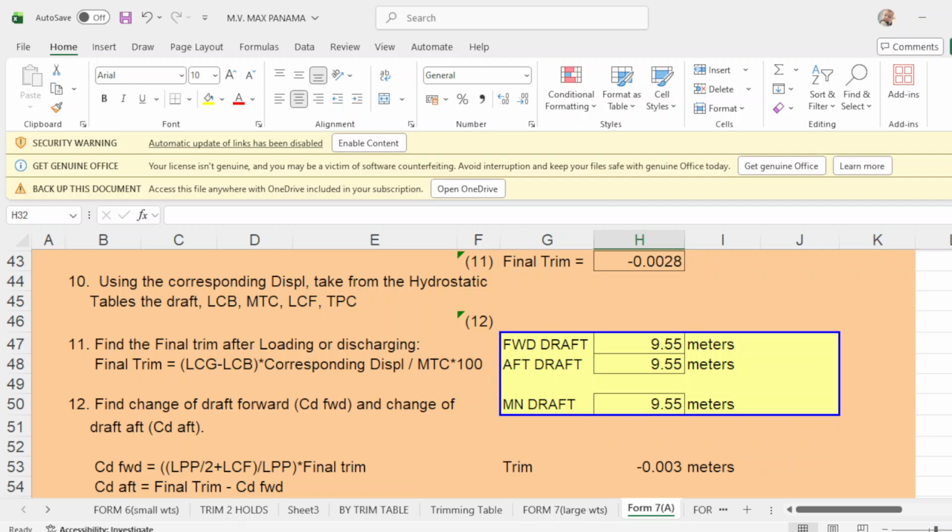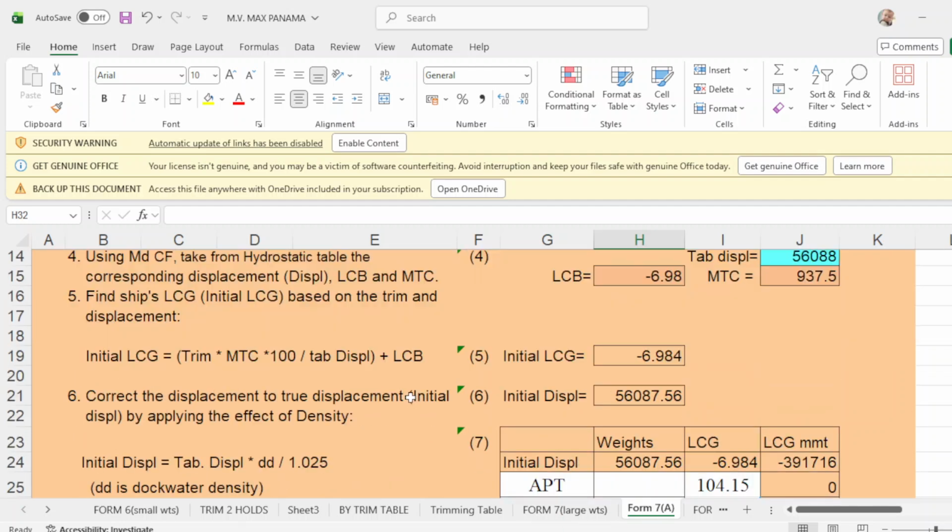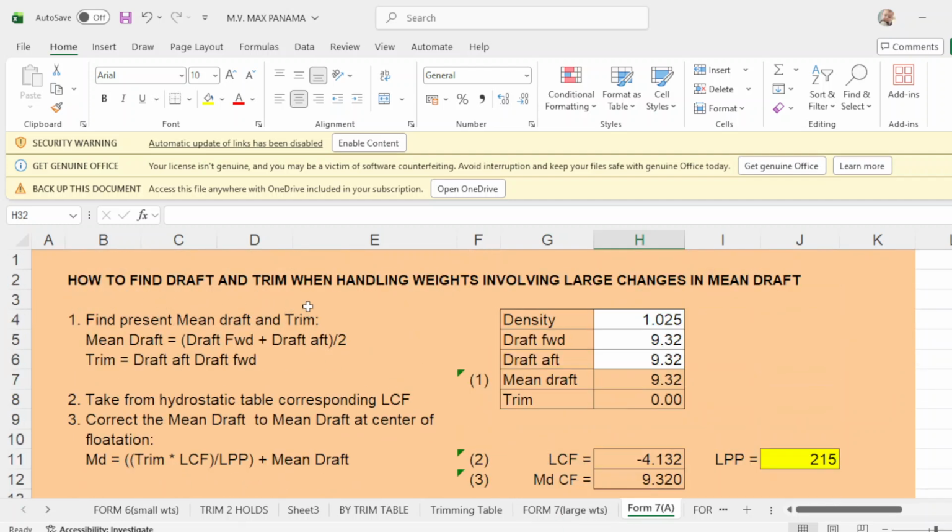This one, form number 7, which is how to find drop and trim when handling weights involving large changes in mean drop. Now you have three programs to back you up.